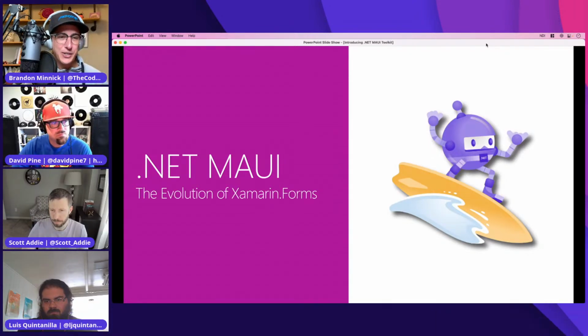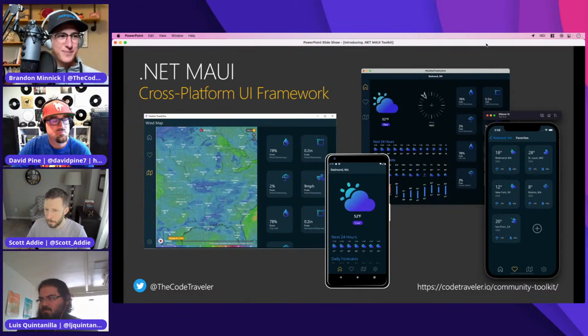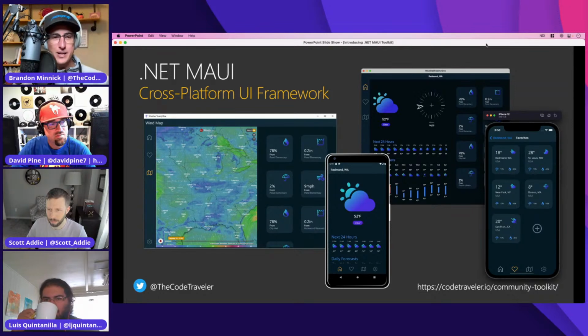We just essentially re-architected it to make it better, faster, easier to work with. But if you don't know what Xamarin Forms is, don't worry about that either, because going forward, it's all .NET MAUI. .NET MAUI is the future. And basically what .NET MAUI is, it's a cross-platform framework that allows you to make iOS, Android, macOS, and Windows